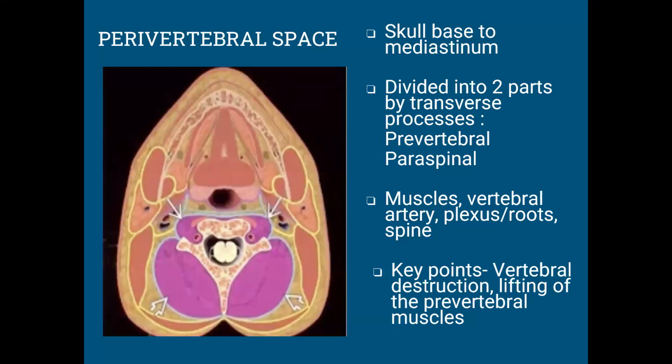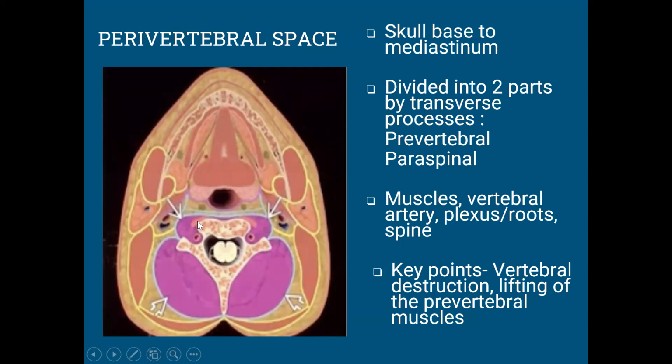So that was about the retropharyngeal space. Next, we move on to another space which spans across both the compartments. That's the perivertebral space. So we are just moving more posteriorly now. That was the area of the retropharyngeal space. Now we move posteriorly. This space, which is highlighted by the pink color, is the perivertebral space, and this